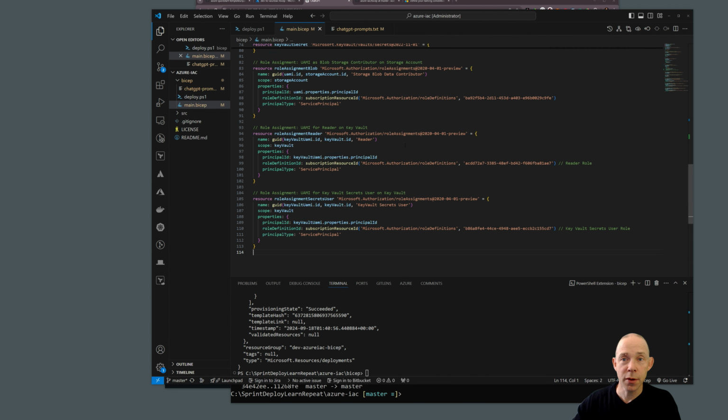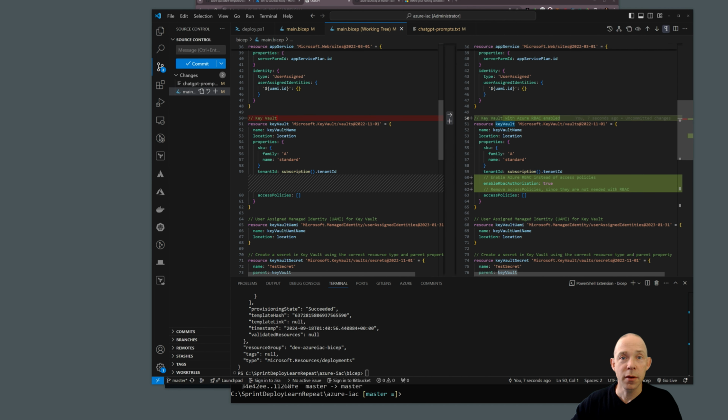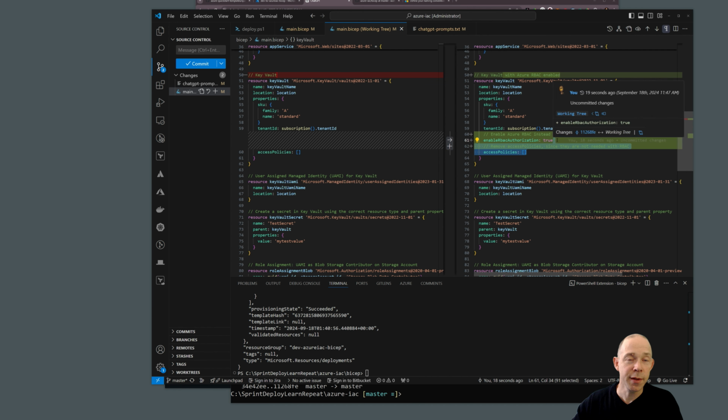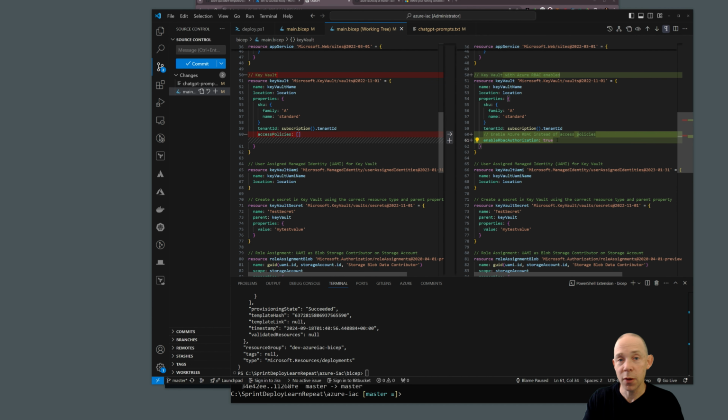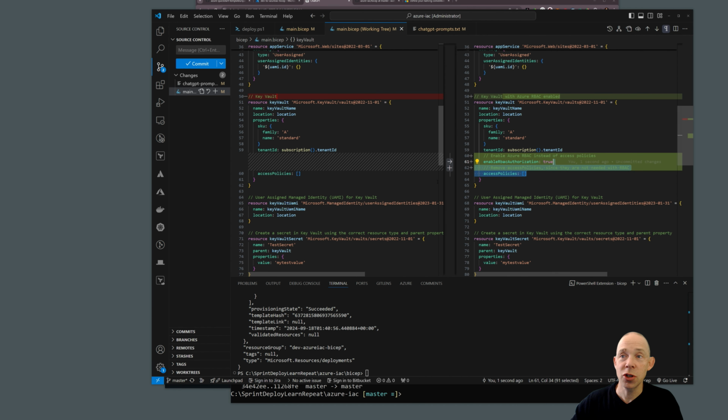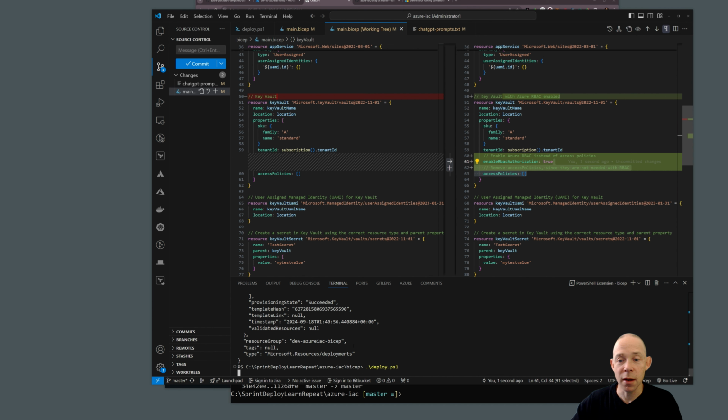Now I also recently pushed changes to source control, so we'll only see what has changed here. And there it is. Enable RBAC. Now it already had the access policies. This isn't strictly necessary, I don't think, because we didn't have any previously, but maybe you're changing an existing one, which would be risky. But let's keep it there so that we're not making manual modifications. All right, so that's the only thing that's changed. Again, let's execute that and make sure that